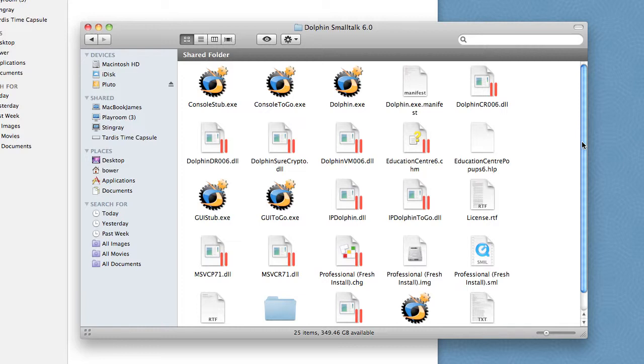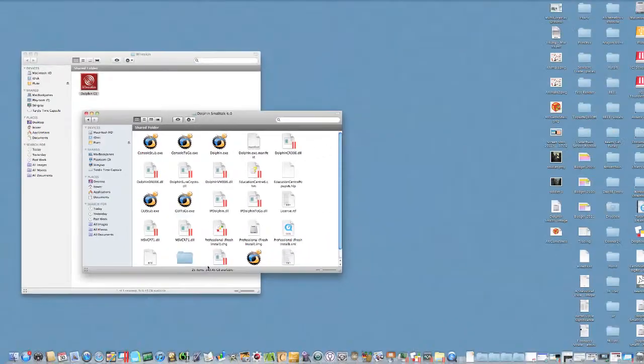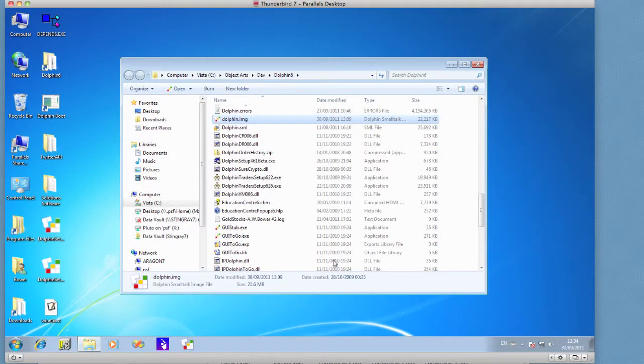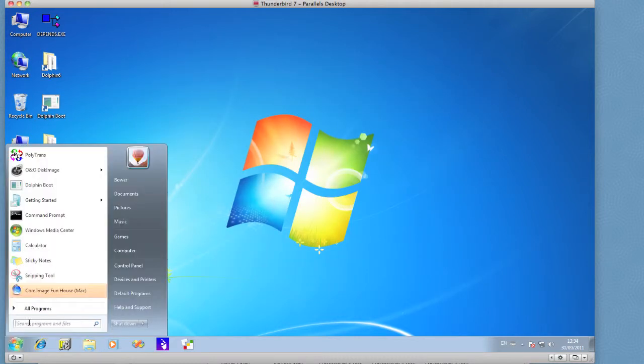Now what we're going to do is create a patched image which has been patched to work correctly under Wine. We're going to do that under a normal version of Windows because I have a patch file that does that, and then we're going to copy the image into this application directory. So let's go to a standard version of Windows. Now I'm using Parallels Desktop here to do that, and I will launch my existing version,